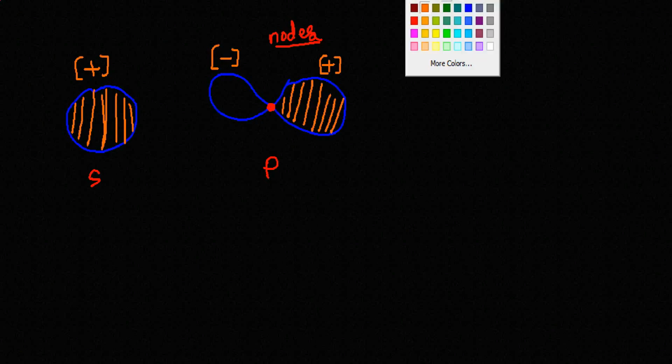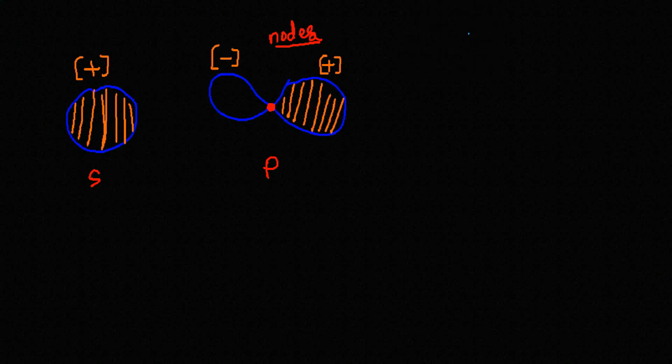S-orbital here has a completely shaded region, whereas p-orbital is shaded with only one lobe and the other lobe is unshaded. The shaded regions in these two orbitals are represented by a positive sign, whereas the unshaded region is represented by a negative sign. As of now, it is important to keep in mind that here positive and negative do not resemble any